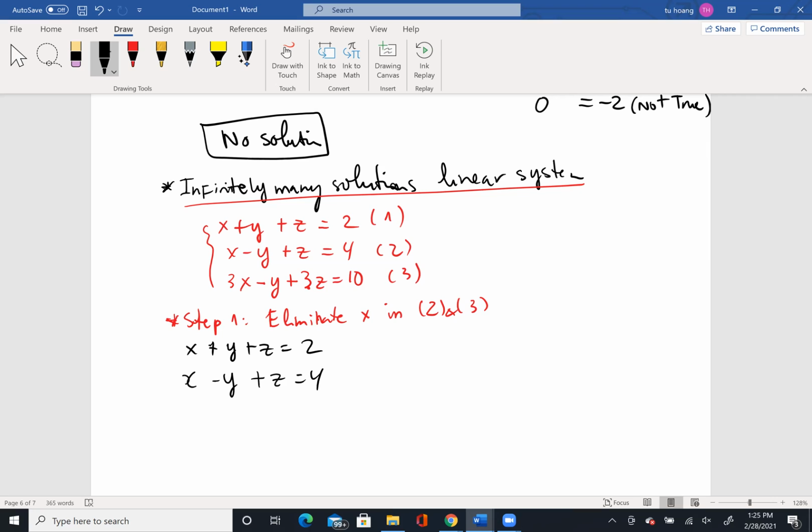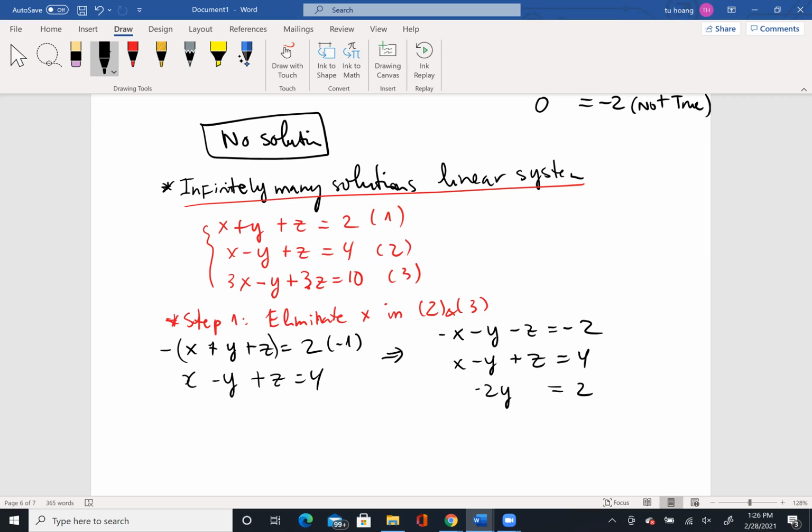So I need to have minus x in here. I need to multiply by negative 1 to the left and right of the first equation, and then I get negative x minus y minus z equal to negative 2, and then x minus y plus z equal to 4. So I will just cancel out this stuff and get